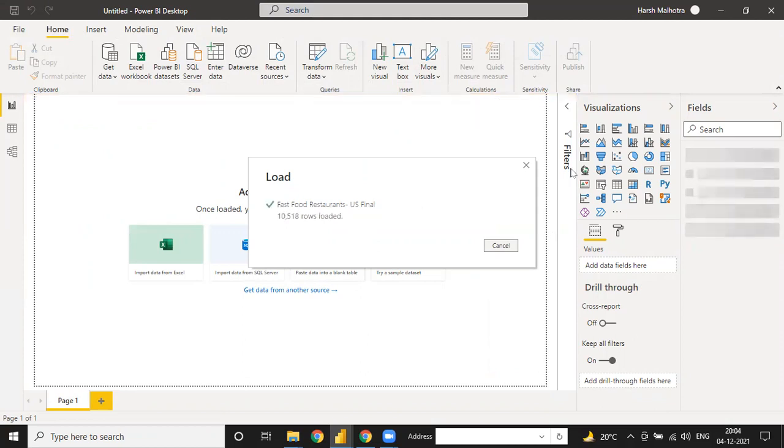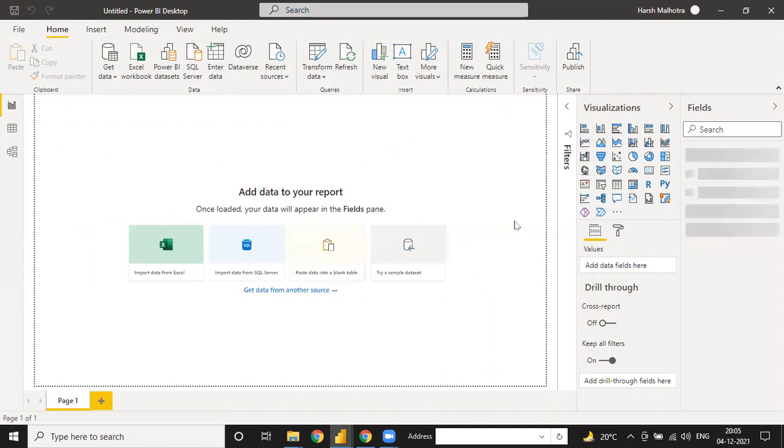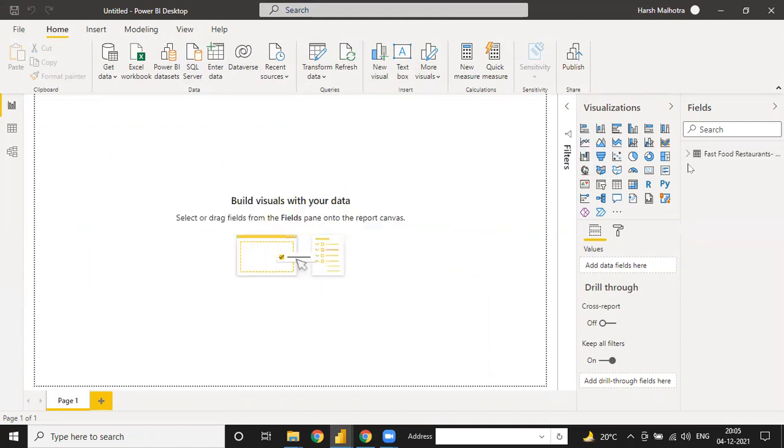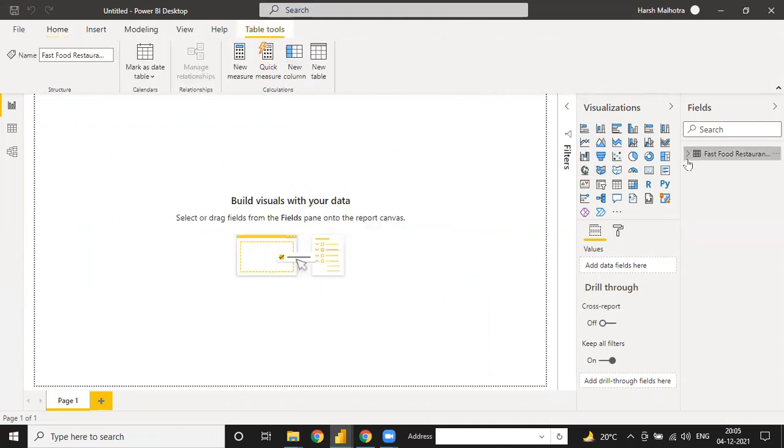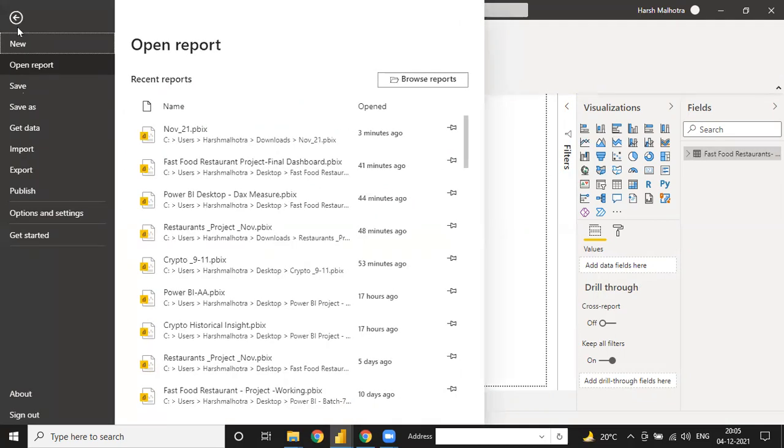Let me show you. Now your file will be ready in Power BI view. When your file is ready, remember one thing: save this file. Otherwise you will lose your data. If your system closes or there is some issue, your file will be lost.